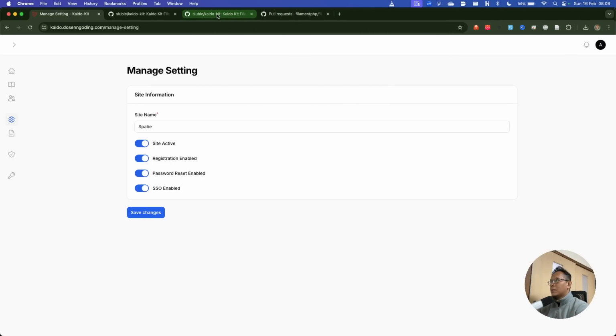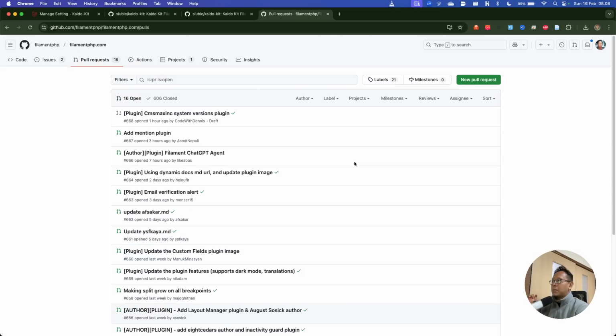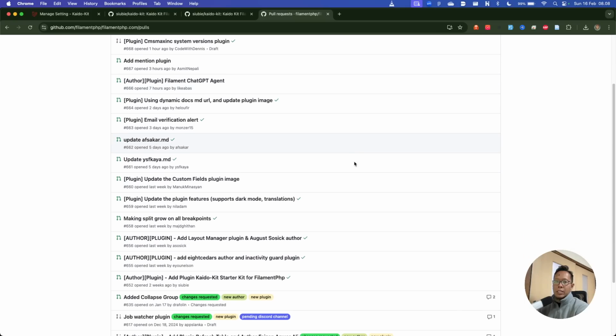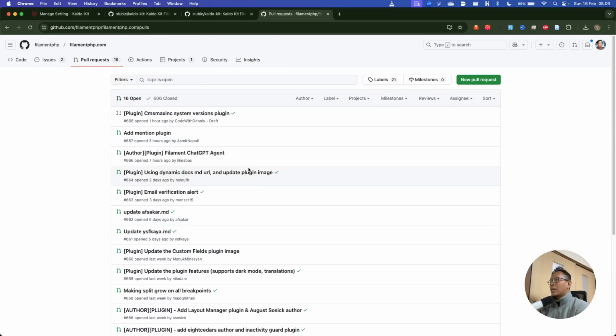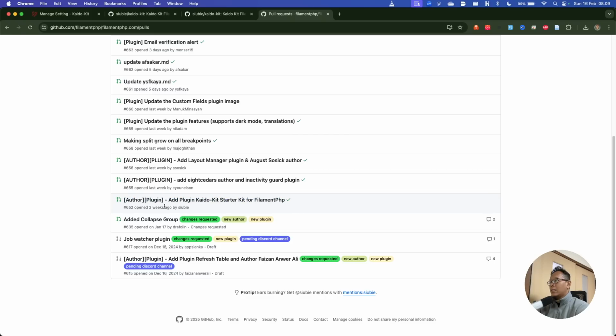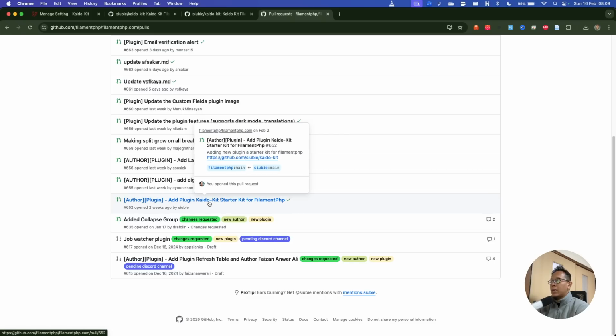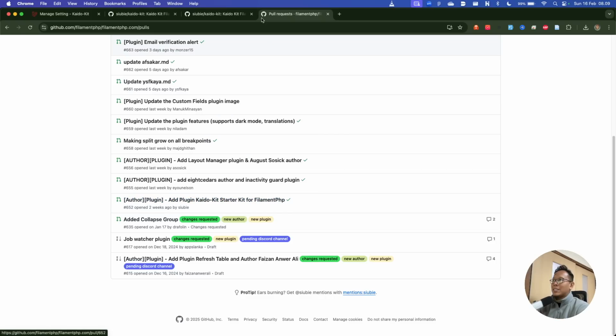I have also made a pull request to the Filament PHP officially, and still waiting for them to approve the pull request. If this pull request is approved, then you can see the plugin live on the Filament PHP website.